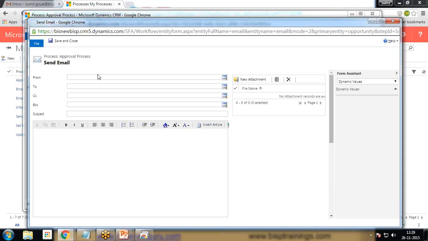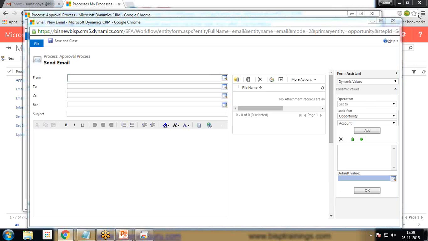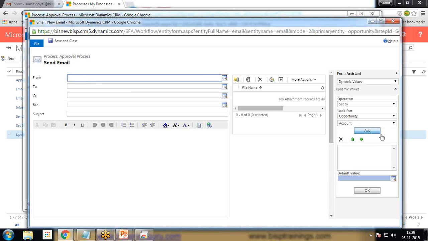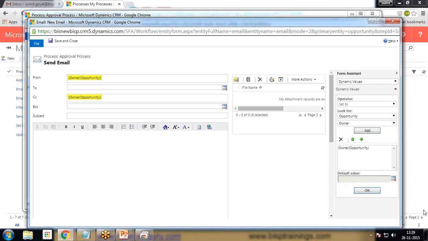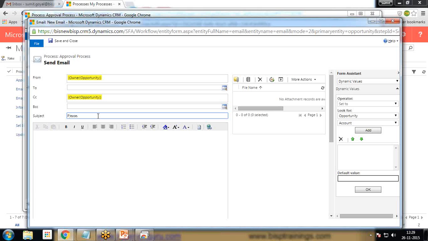We need to set an email template for the same. So from whom are we going to send this email? This email will be sent from the owner, and also it will be marked CC to the owner. Subject I assign, please approve the following opportunity, and I write here,